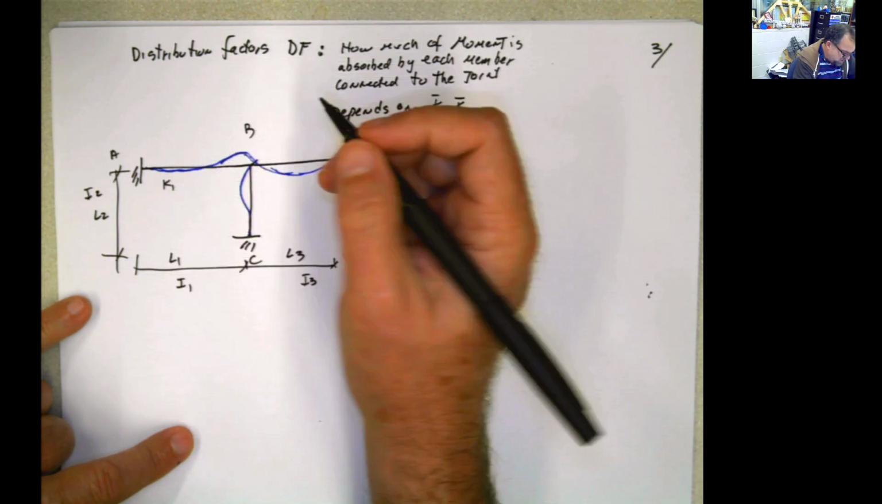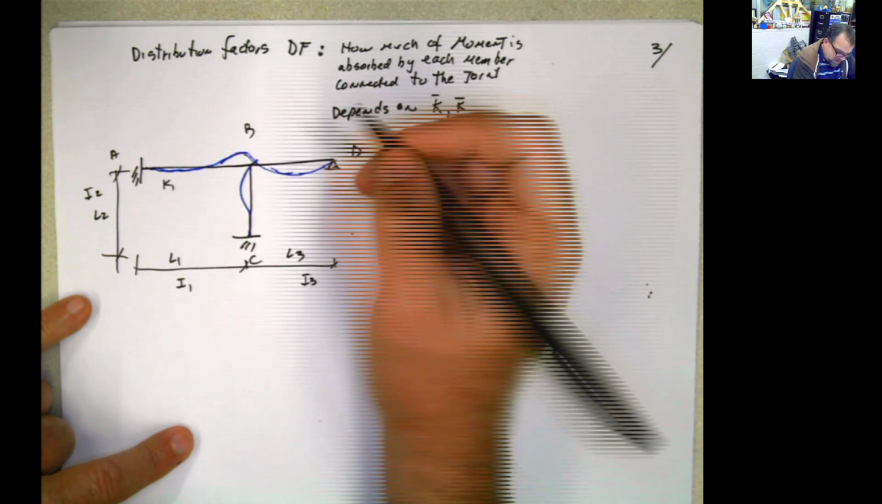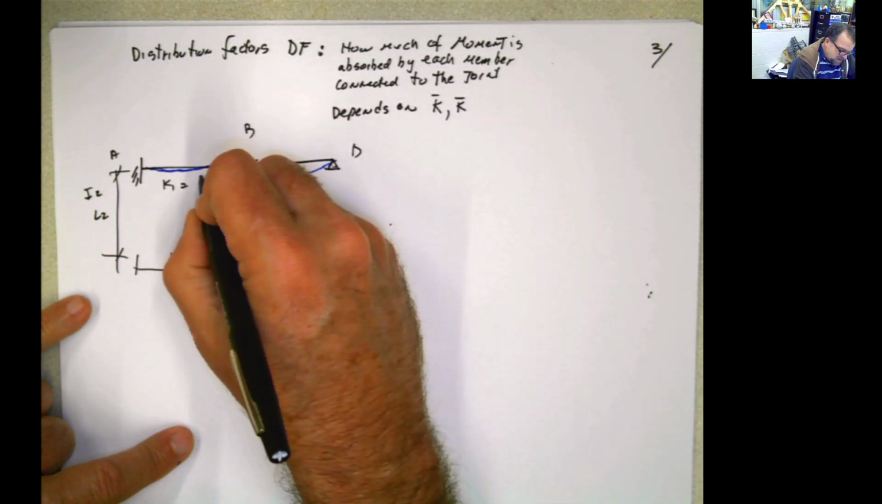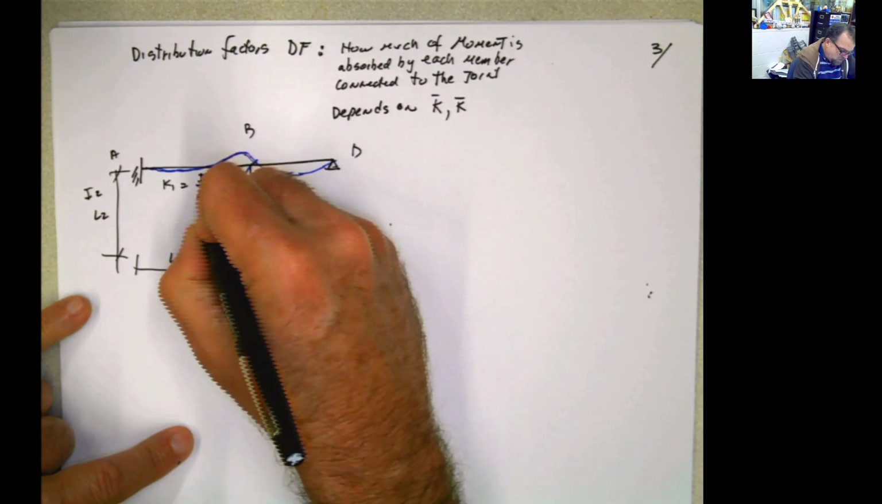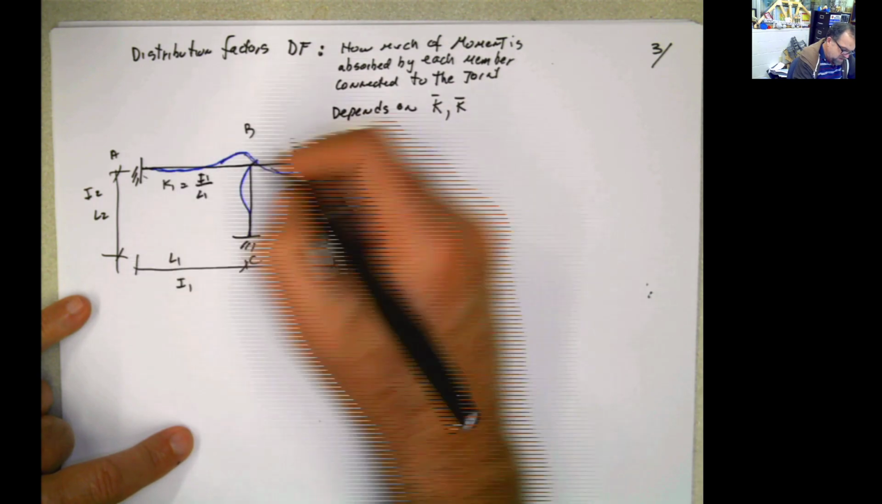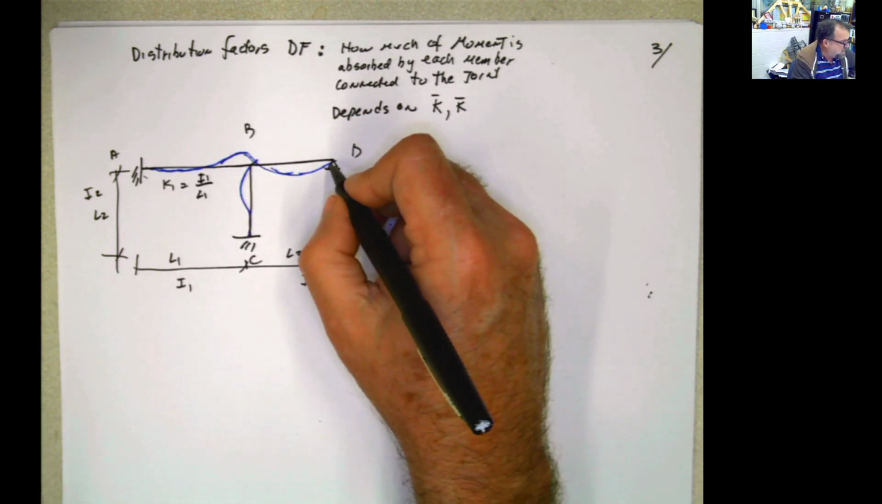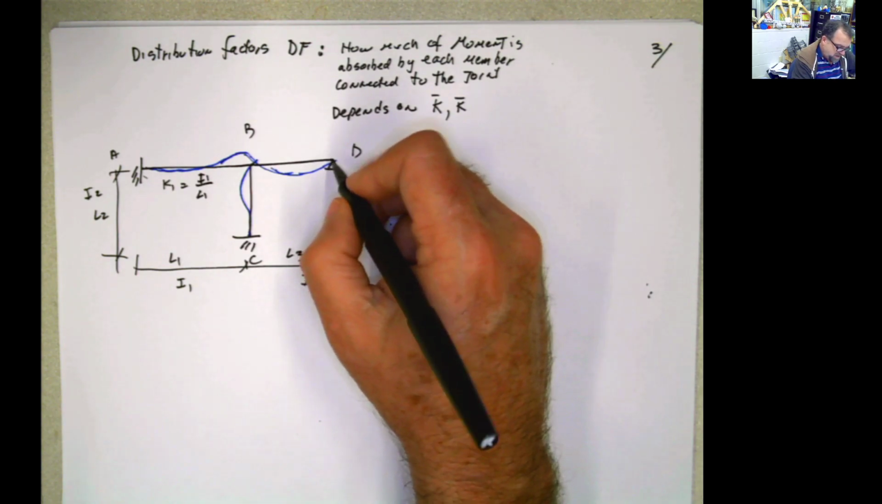Yeah, I should call this K1, you get my point, right? K1 is the K of this element. So what is that? I1 divided by L1. Why? Because the far end is fixed. Now if you go to here, we just say that the far end is a pin. So if the far end is pin, that K,